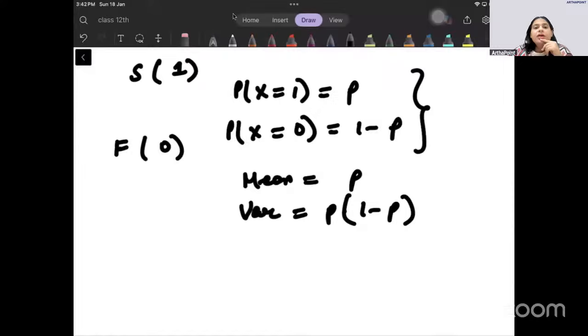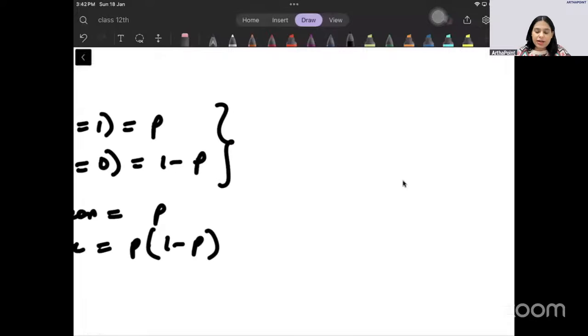ठीक है? The other one which we have is basically called your binomial distribution. Now, when we talk about binomial distribution, it is the manifold of Bernoulli. मतलब एक बारी करने की जगह we do it many times. Like in Bernoulli, we are tossing coin once. Binomial में we will toss coin n times. ठीक है. Bernoulli में we are deciding once success or failure. Binomial में we will decide n times.